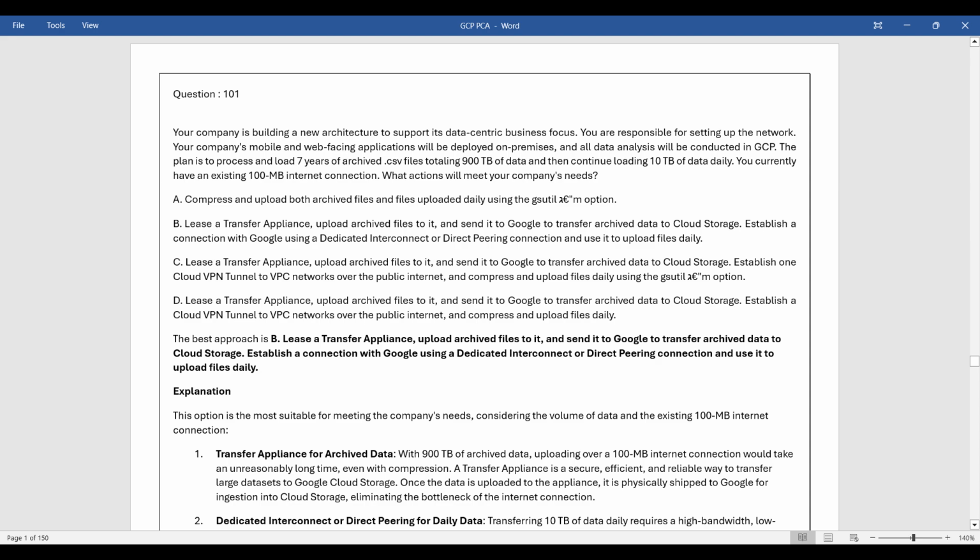A. Compress and upload both archived files and files uploaded daily using the gsutil -m option. B. Lease a transfer appliance, upload archived files to it, and send it to Google to transfer archived data to cloud storage. Establish a connection with Google using a dedicated interconnect or direct peering connection and use it to upload